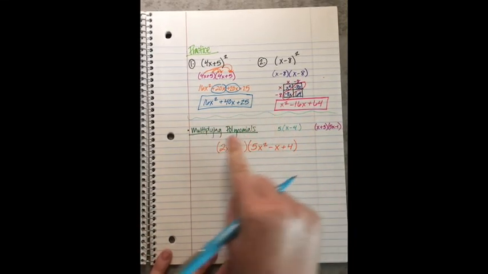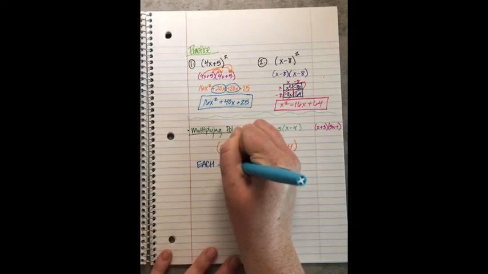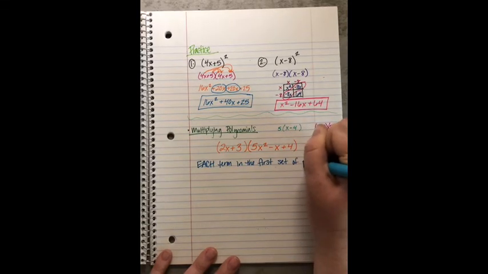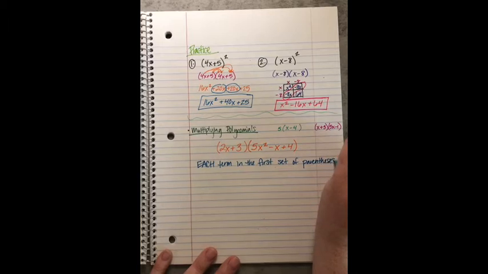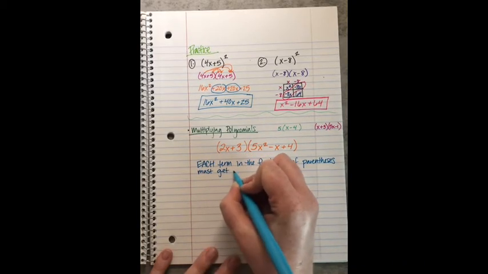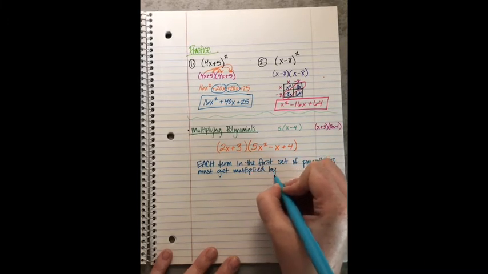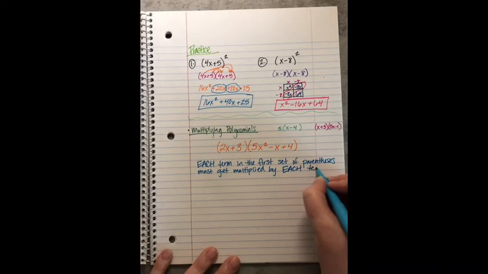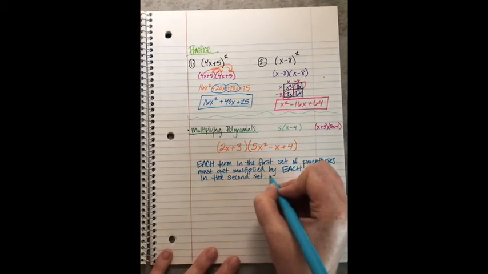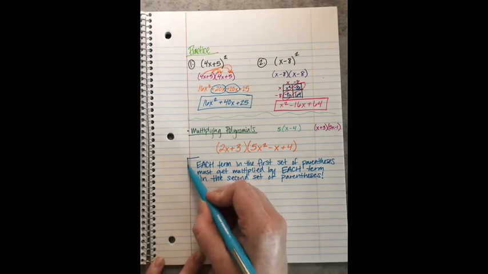So here's the main idea when multiplying any polynomials. Each term in the first set of parentheses must get multiplied by each term in the second set of parentheses. Okay, that is like the golden rule